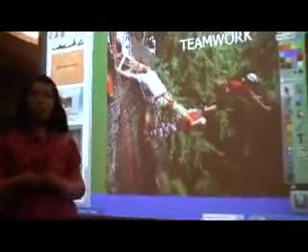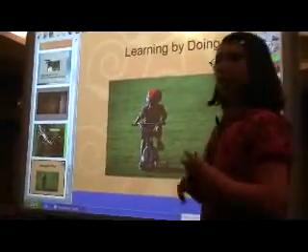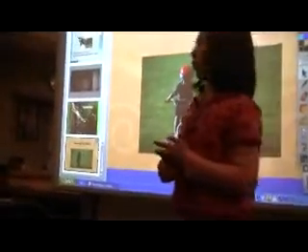Step number 1 can be a collaborative group writing activity. This is one of my favorite ways to demonstrate new concepts, and it helps you eliminate a fear of writing. Glad that screen came through. Using teamwork, when students are really working together, they understand that collaboration is an important part of life and of being a good student. And it's learning by doing. Instead of telling students, write with the 5 senses, you're actually showing. Because we learn in writing all the time, show, not tell. When you're able to demonstrate that to students, it makes it a lot more powerful.